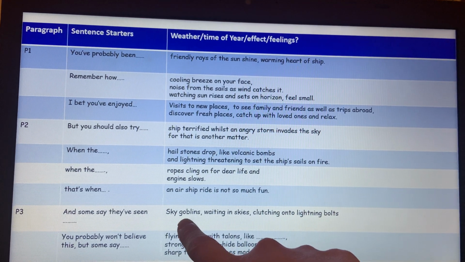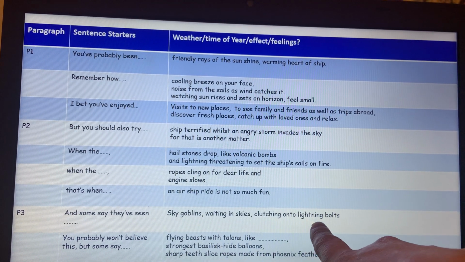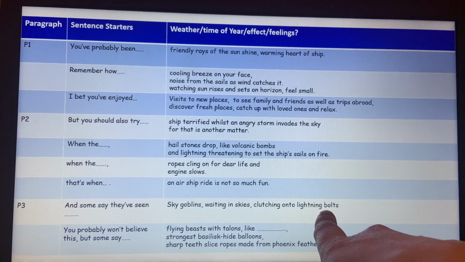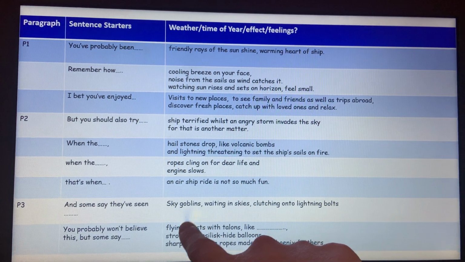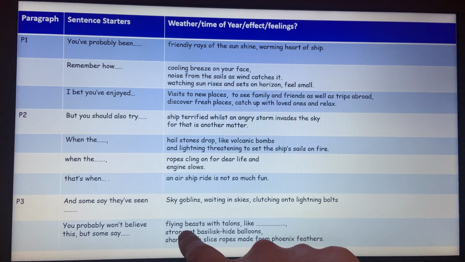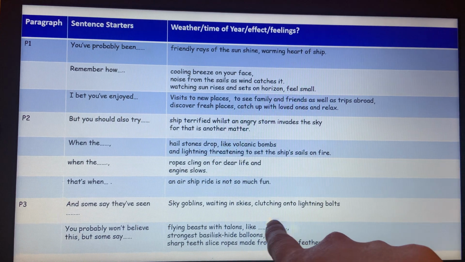And some say they've seen sky goblins waiting in the skies, clutching onto lightning bolts. I quite like that image, imagining them being in a storm. So I've chosen to talk about sky goblins as my mythical creature. And then I've got, you probably won't believe that there are flying beasts with talons like, and I need to come up with some sort of